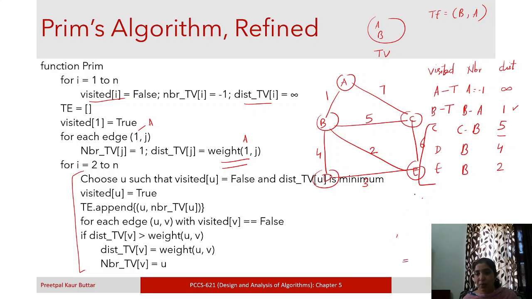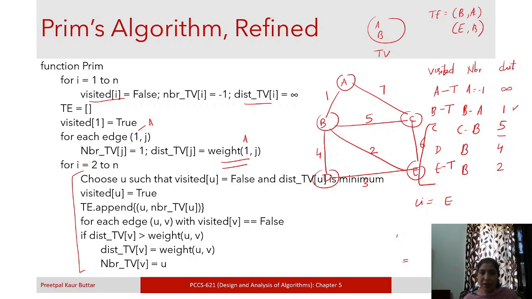So it means we will pick E, u is E, and for E also we will first make visited of E equal to true. Okay, and we will append it in the list. So here E comma B will be there, right?